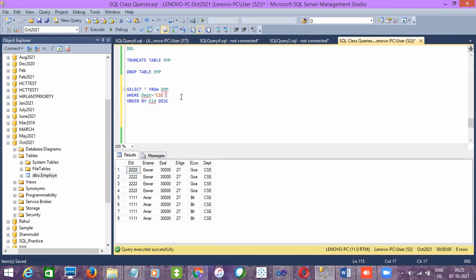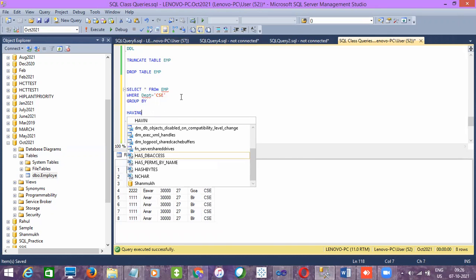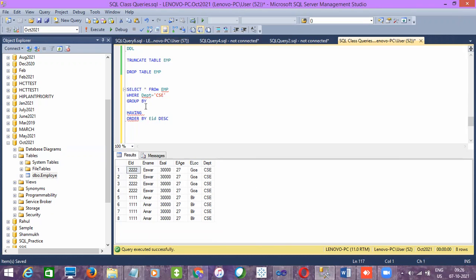And we have a few more commands we have to use in the select, which is group by and then having clause. I'll tell you in going forward classes these two. And this is the order of using the select statement. First select and then where clause, then group by, then having clause. This is the order of a selection. They'll ask you, I think, this question also. What is the complete select statement? What is the order of using where, group, having, and then order by?